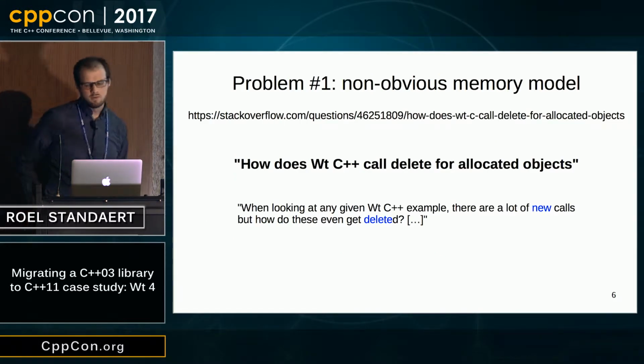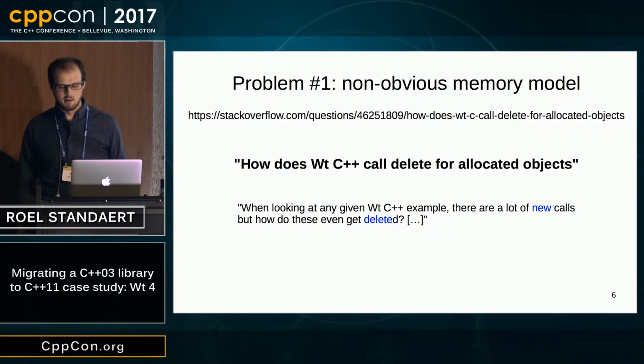So the first problem that we really wanted to tackle is this non-obvious memory management. This question showed up on Stack Overflow like a week ago, and someone is asking the same thing I asked when I started working at Emweb 3.5 years ago. I didn't know that much C++ yet, and I actually started out with C++11 and then had to learn C++03 stuff. And for me, it was also weird that I was seeing all these new calls and then no deletes, and I was really paranoid about where all this memory was going. Is it just leaking everywhere? Well, not really, but